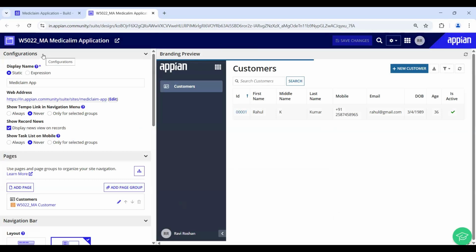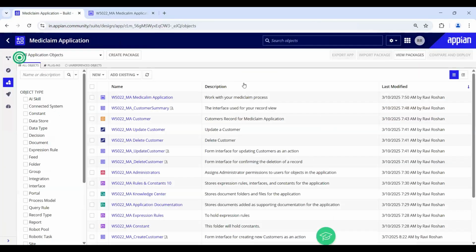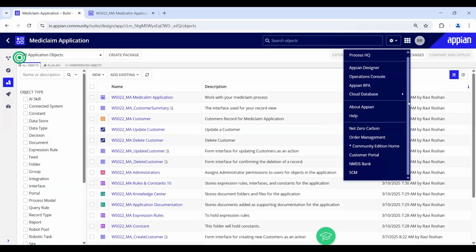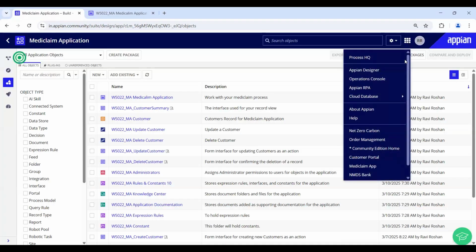Now as an Appian basic user, either you can go with this URL or you can also use a navigation icon. So let's say you have access to Appian as a basic user. You click on this navigation menu and you should be able to get this action here. So refresh the page for now. If I go here, Mediclaim app. So once I click on this,